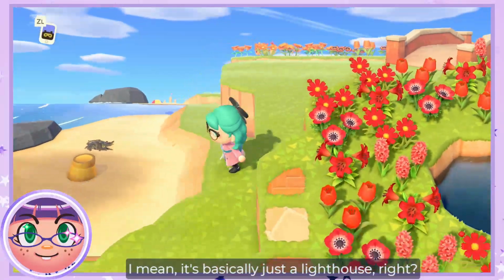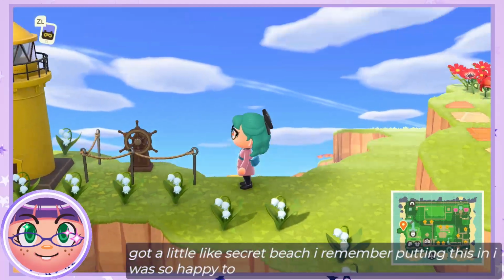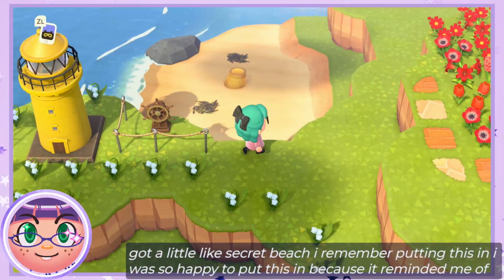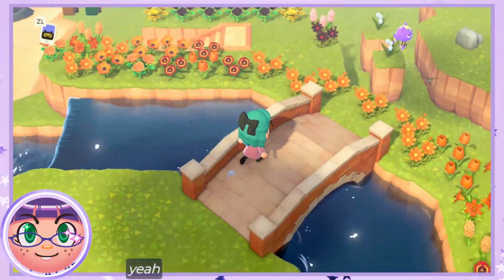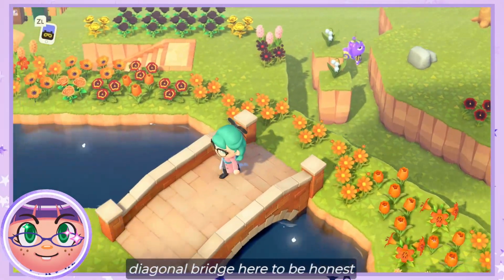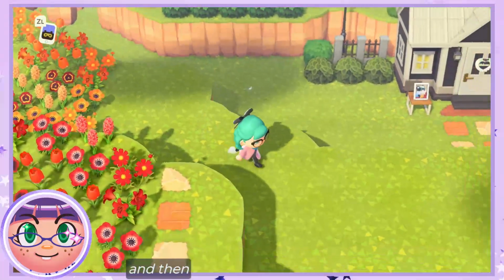Got a little secret beach. I remember putting this in. I was so happy to put this in because it reminded me of New Leaf with the secret beach. Got a diagonal bridge here. To be honest, I could have made that one more narrow. And then over here I have my